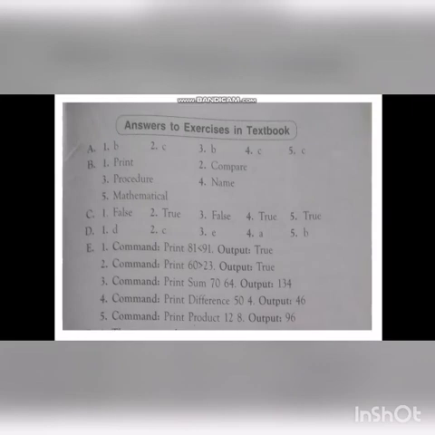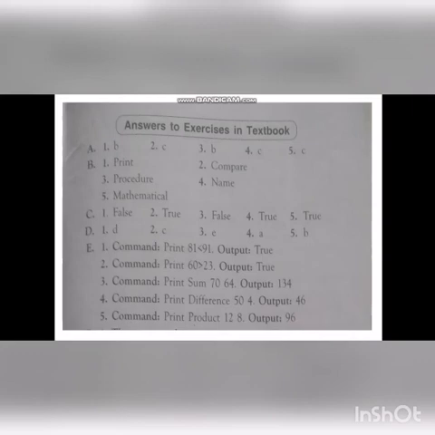Fourth one, we simply type the dash of the procedure to execute it. For that answer, name of the procedure. Fifth one, the sum and difference functions are the dash functions of MSW logo. The answer is mathematical.